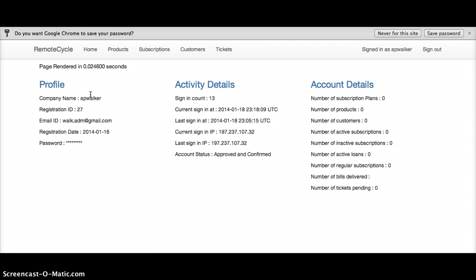So first thing you'll see is your home screen, which includes all the information about your customers, the products, and the different subscription plans that you provide. So we'll get started by